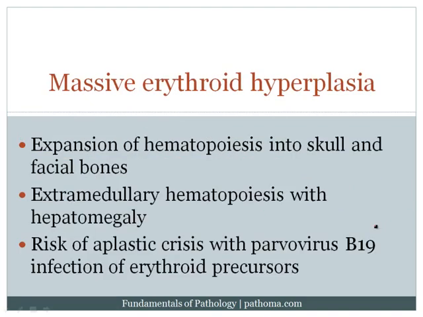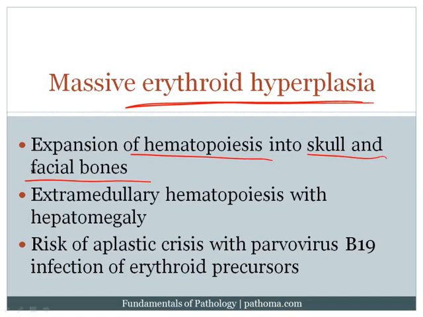Now, another consequence of both intra and extravascular hemolysis is that there's going to be massive erythroid hyperplasia. The bone marrow will undergo hyperplasia trying to produce as many red cells as possible. This will result in expansion of hematopoiesis into the skull and facial bones. When it goes into the skull, you're going to get a classic crew cut appearance on X-ray. And when it goes into the facial bones, it's going to create that classic chipmunk facies that we've talked about